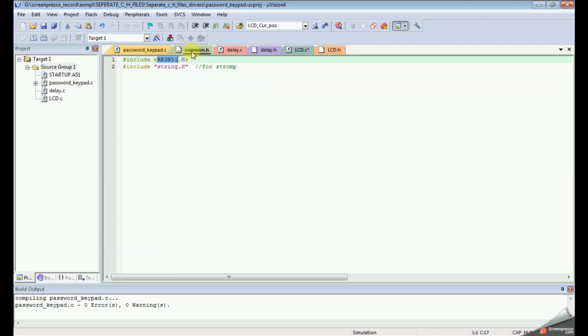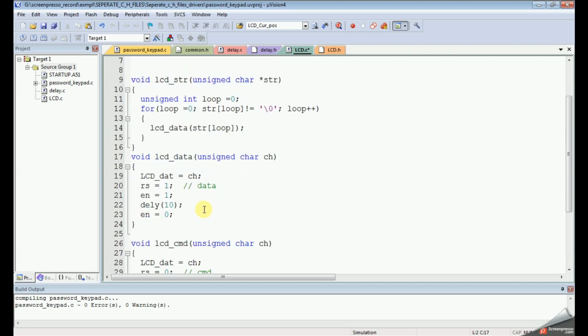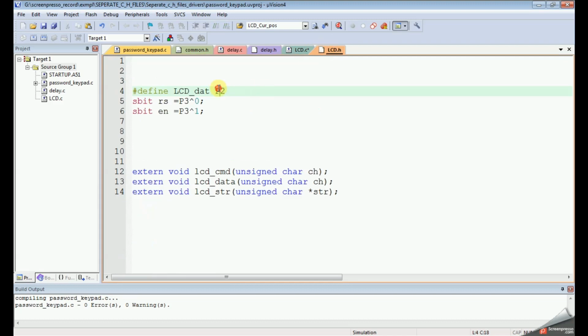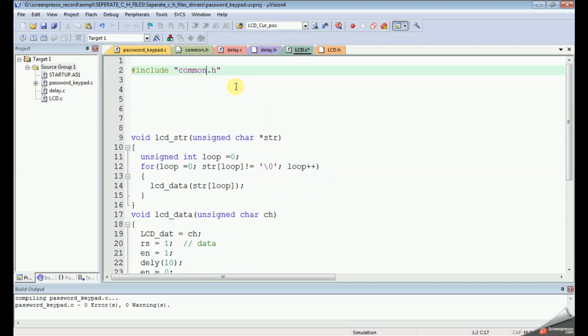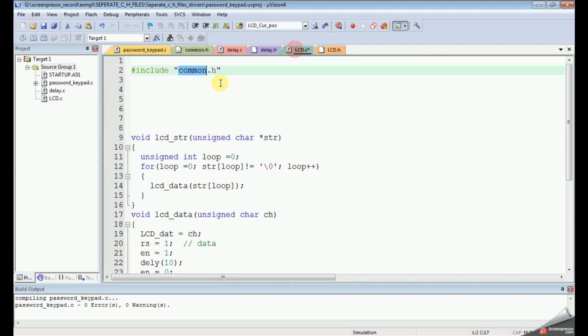For that I am including common.h in lcd.c. Common.h should be included to use the IO ports or whatever microcontroller stuff we are using here, port 30, port 31. So we should include the header file of the microcontroller that is there in common.h. I just included it here.